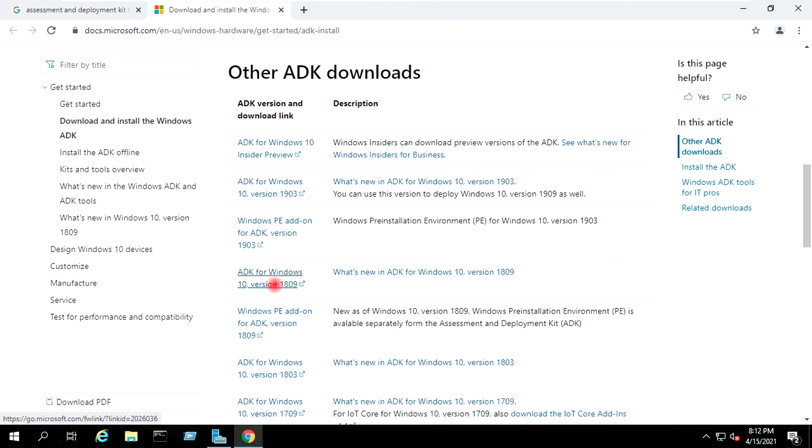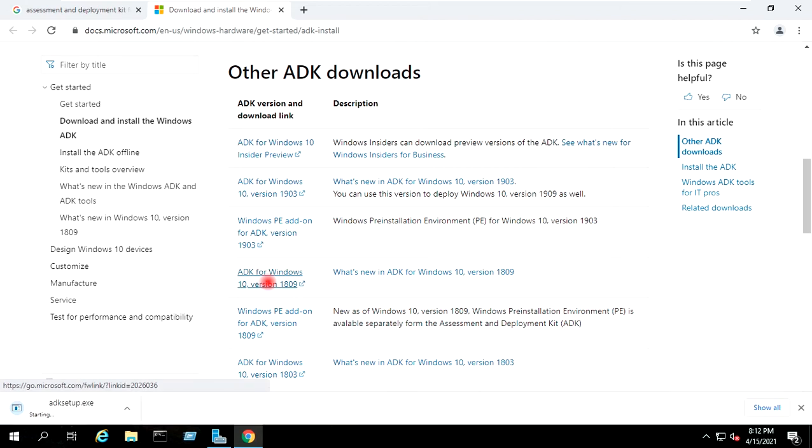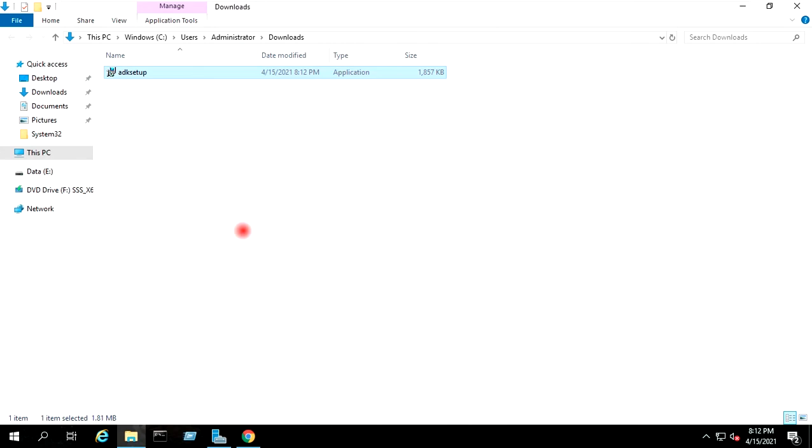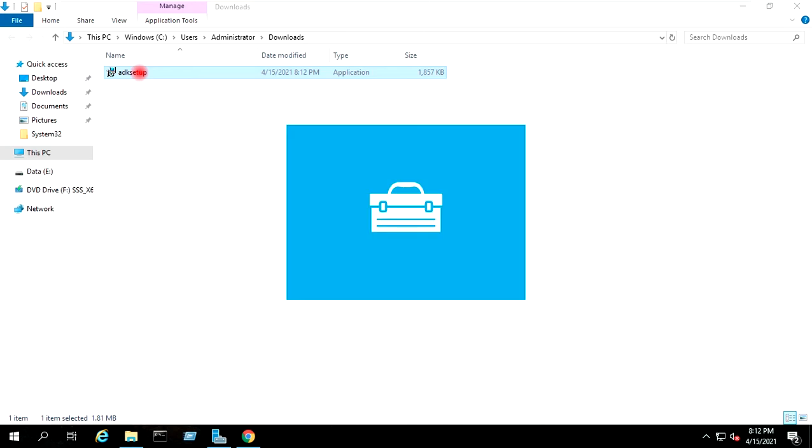I will click here to download the file ADK setup. I will open the download folder. I will double click to start the installation of ADK setup.